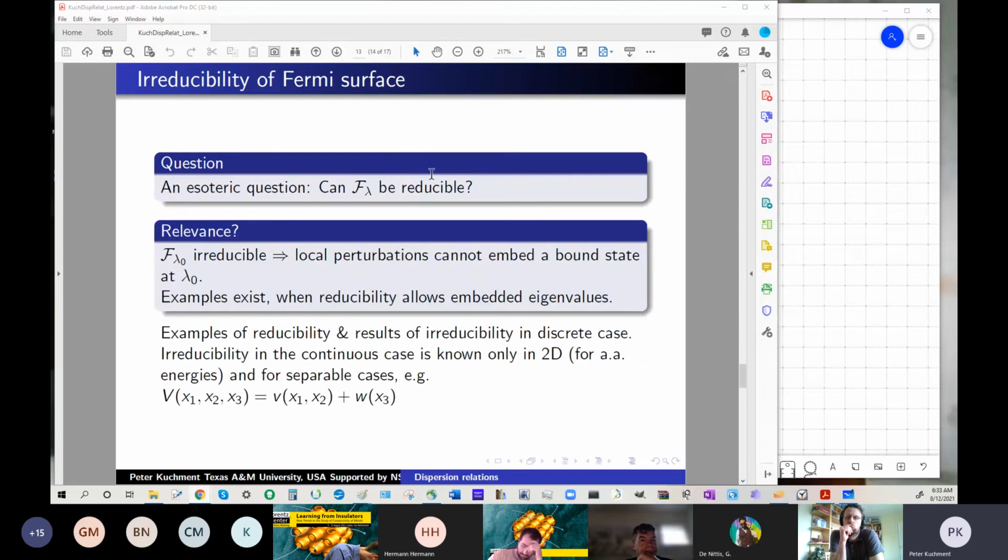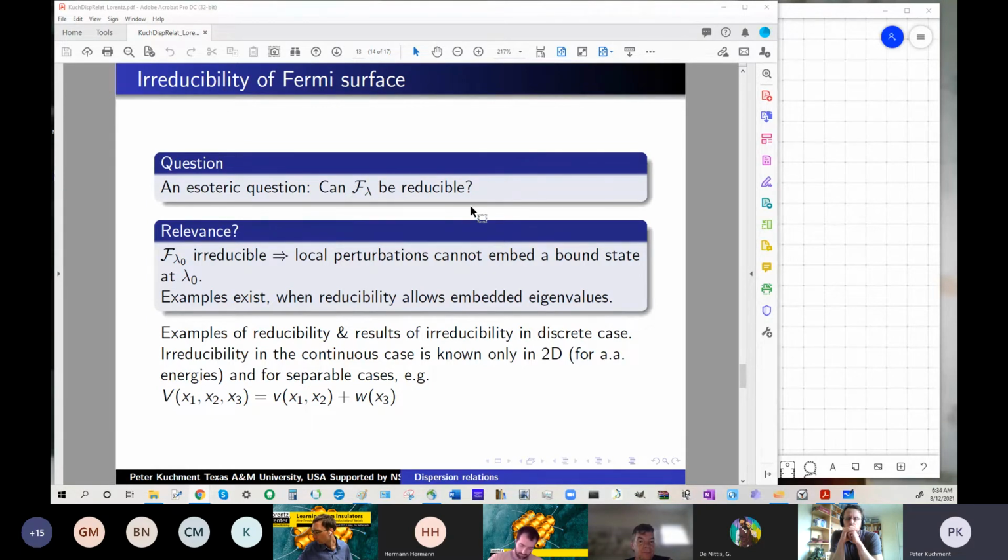Now about Fermi surface. Can Fermi surface be reducible? Can it have several pieces that don't know about each other? Well, it looks even more esoteric, but it happens to be even more important. First of all, how can the Fermi surface be reducible? Imagine that you have direct sum of two operators that just don't know anything about each other. Then the Fermi surface will be just the union of their two Fermi surfaces, and they have no knowledge